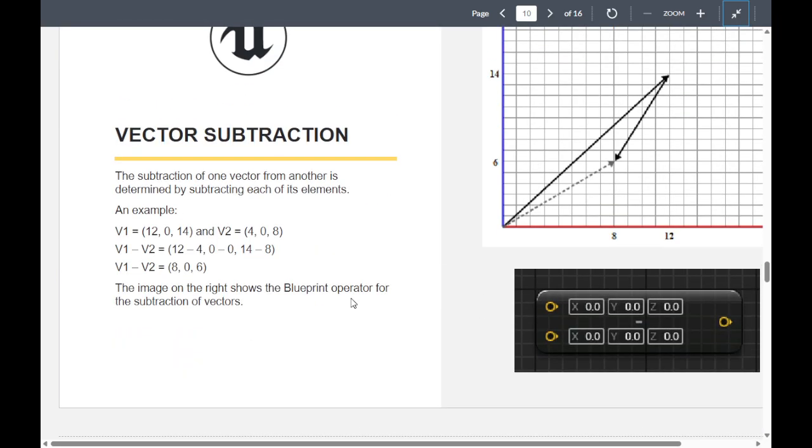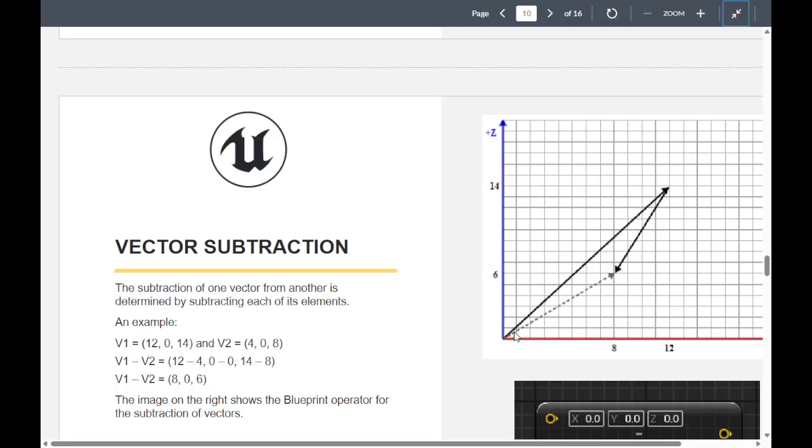Length of a vector. The other component of a vector is that it has a length. If we're dealing with a vector 2, the length is the square root of x squared plus y squared. In a vector 3, the length is the square root of x squared plus y squared plus z squared. So this is why, if